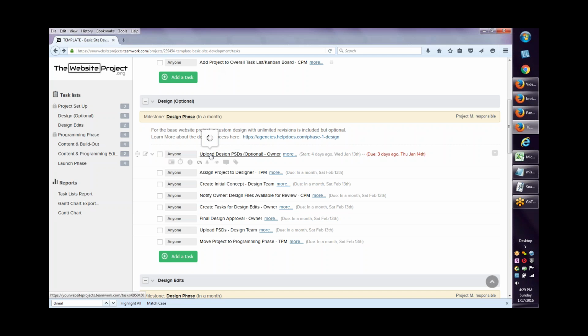So this first one would be for the owner of the project. Again, that's the agency, the person responsible at the agency for providing these things. So if they are giving us a design PSD, then I would assign this to them. Sometimes people will send us wireframes or those kinds of things, logos, any other files that they need to send. So I will use this task, rename it and assign it out to the owner. Once that's done,